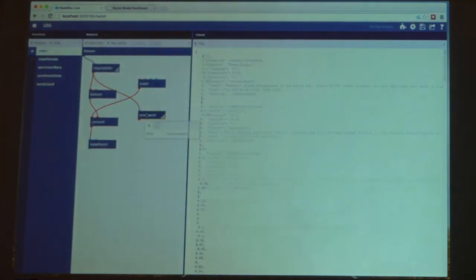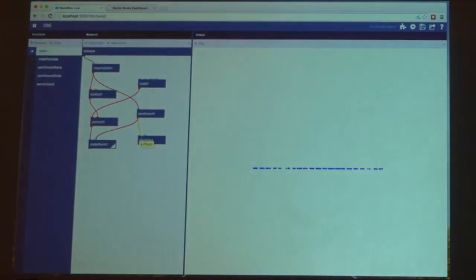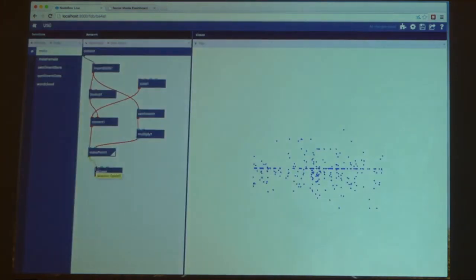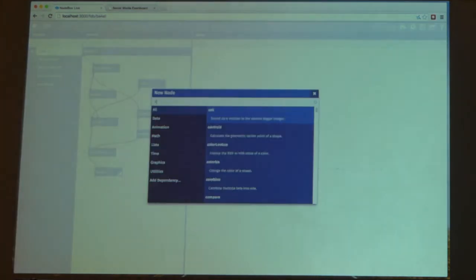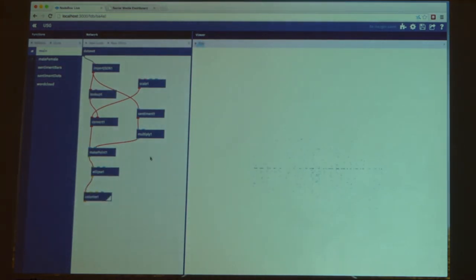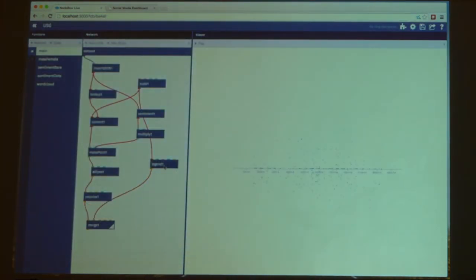And then we can do things like sentiment analysis, for example, on it. So here we use a different library for that. You can see it's really small, the sentiment analysis, so we can add a multiply node to extract that and make positive and negative sentiments. We can turn this into ellipses, we can give them a color, so we can tweak them, as you can see here. And then we can add a legend if we want. We can give that a color. And then we have these two things, so we combine everything together, and that's our visualization, basically.